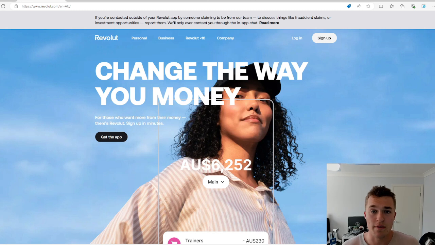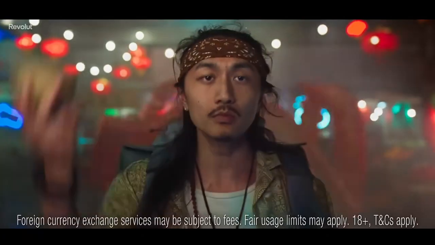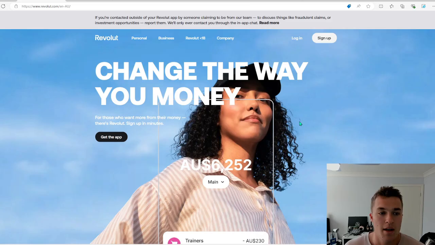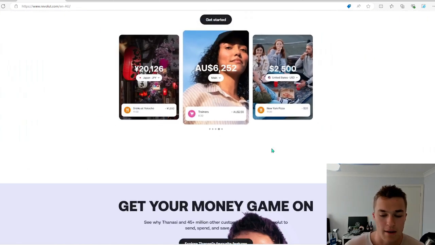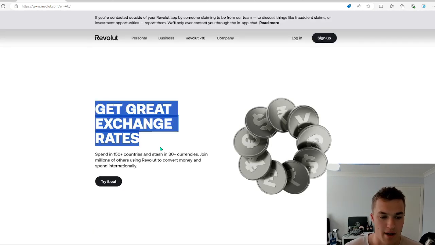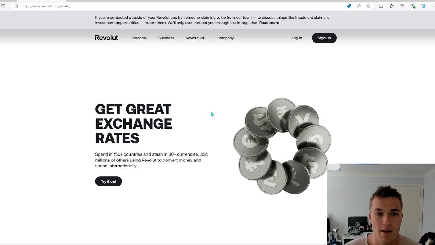So that is pretty well all the features on Revolut, very, very briefly covered. Now, ultimately, what I think most people are probably going to take away from this video was that I was a little bit negative. Now, I'm not negative on Revolut. Obviously, I have the card, but I use this card for travel purposes, right? That's where they really shine through. If we can scroll down, where are we? Get great exchange rates. That is what Revolut are all about, right?